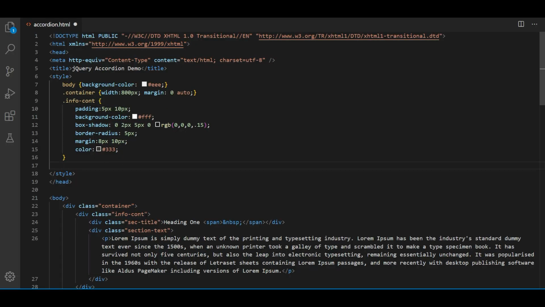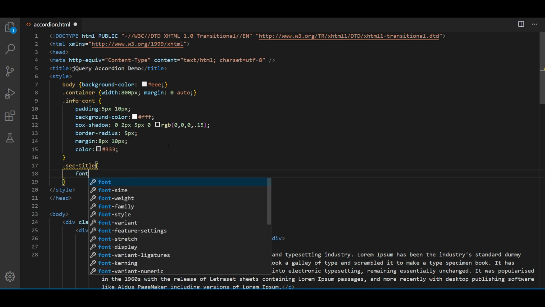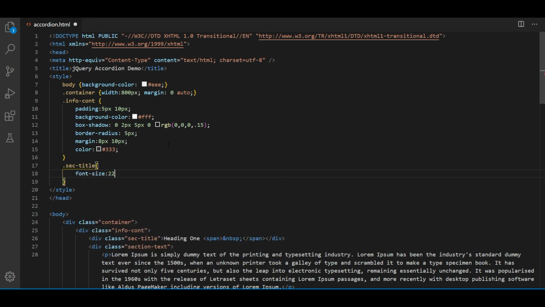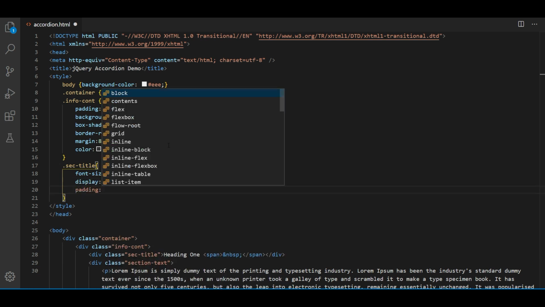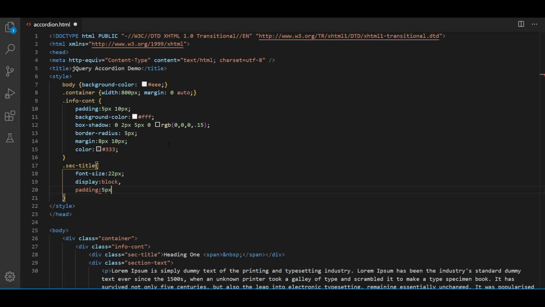Now add styles for the title, section-title. So let's add section-title, font size 22 pixels, display block, padding 5 pixels from top, 0.